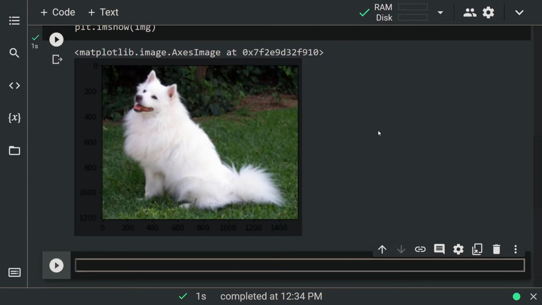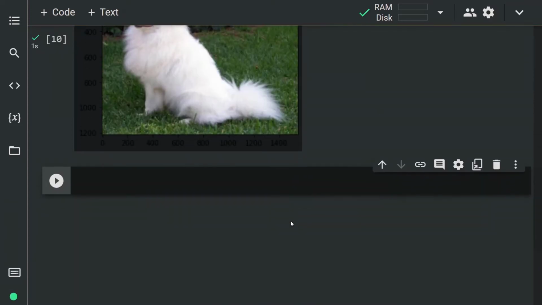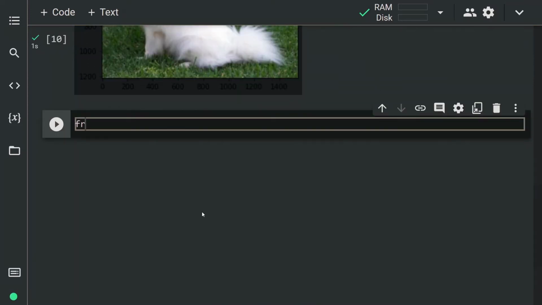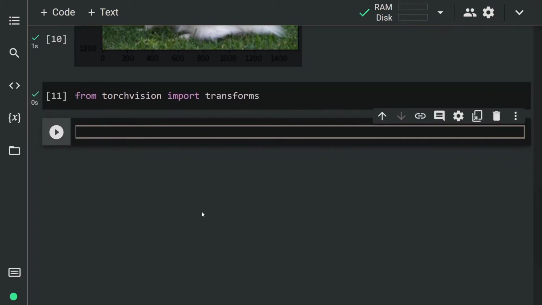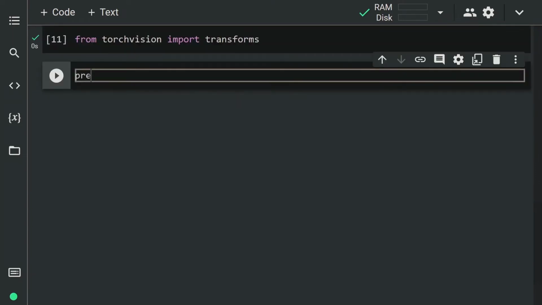Now, let's make the image suitable for analysis with transforms. Let's first import PyTorch and then transforms. From torchvision import transforms. Let's use compose to define a series of transforms to preprocess the picture. preprocess equals transforms.Compose.